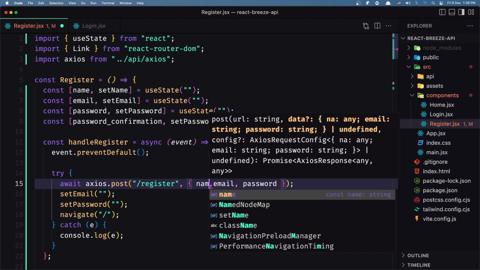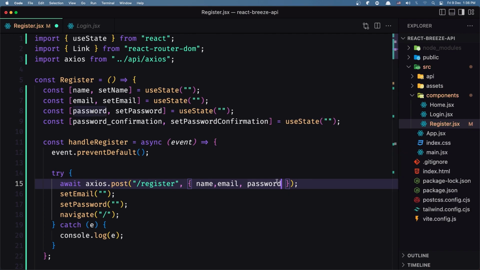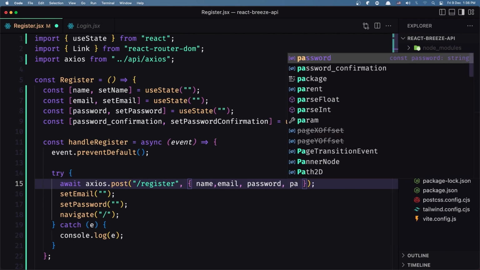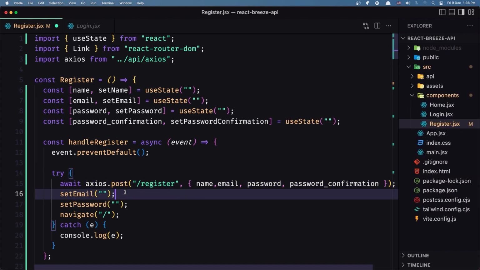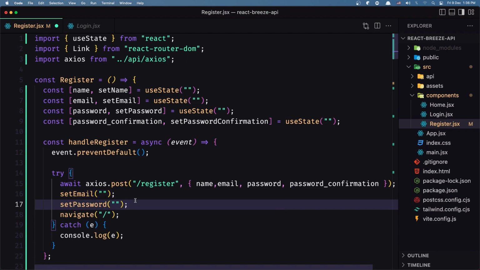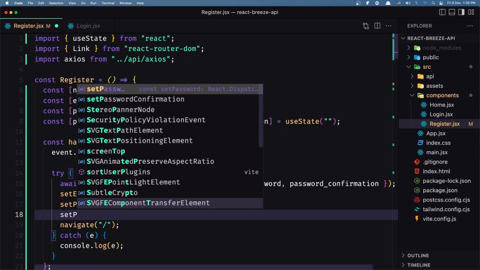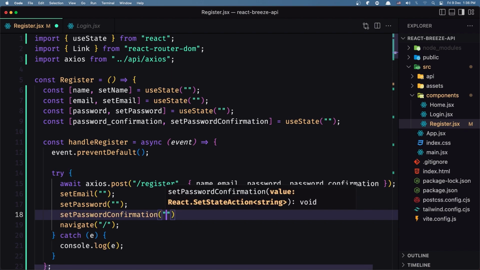So let's say name, email, password, and password confirmation,